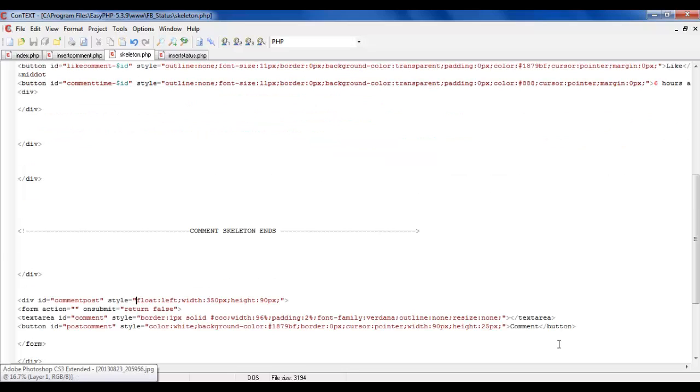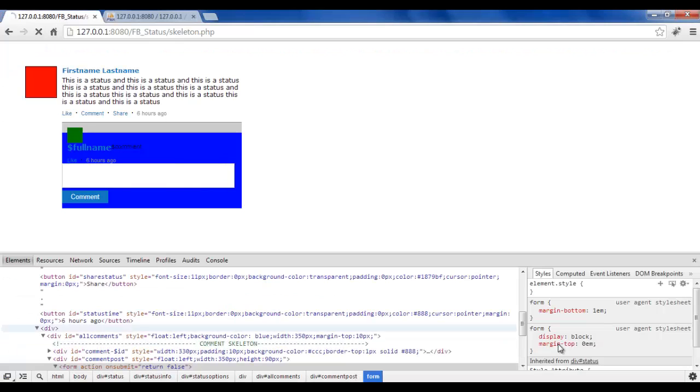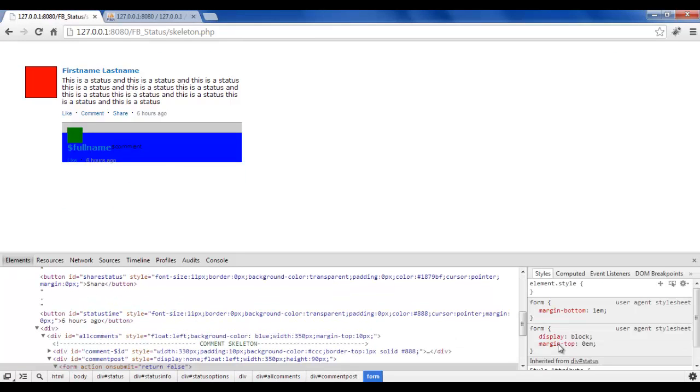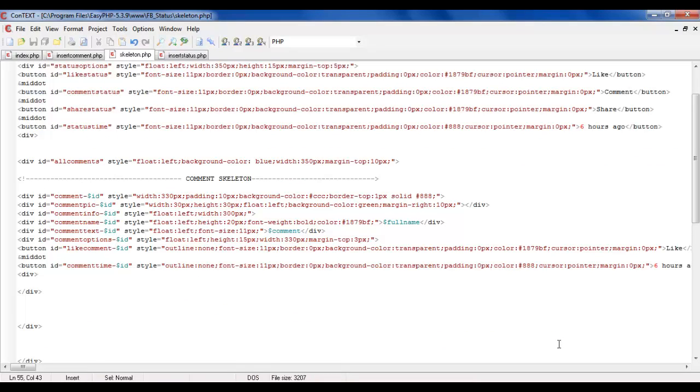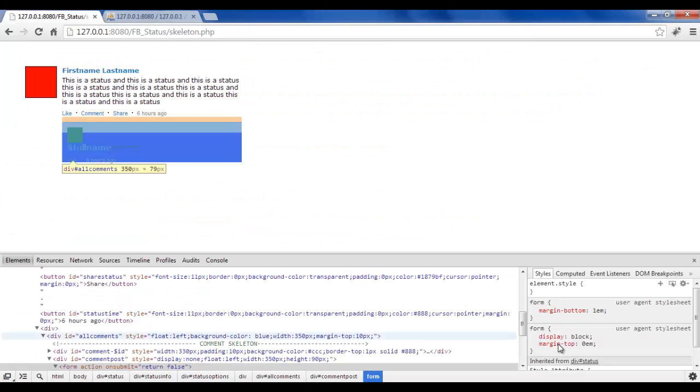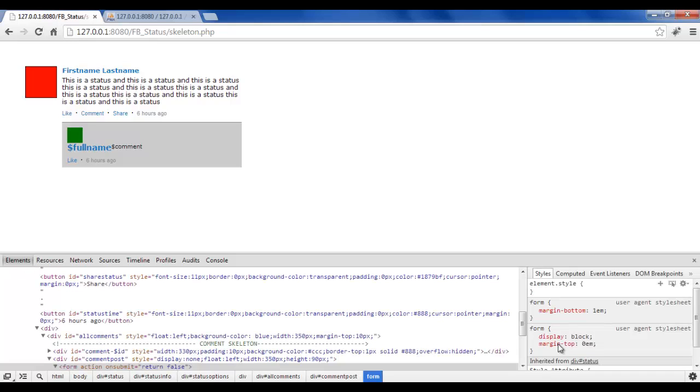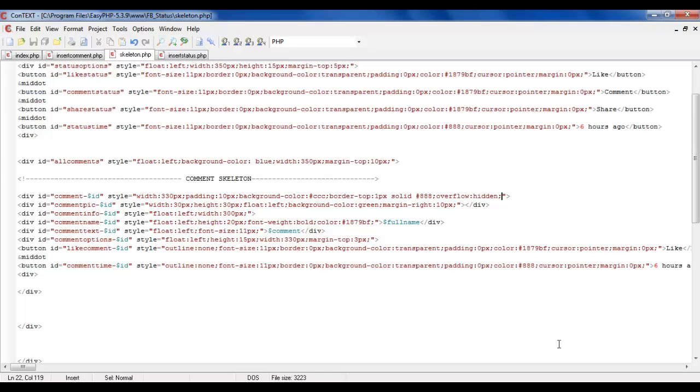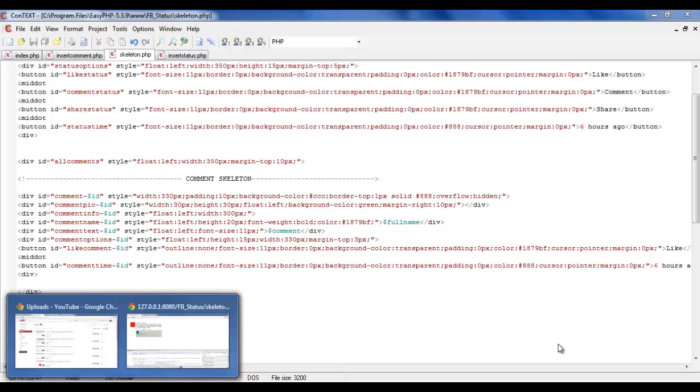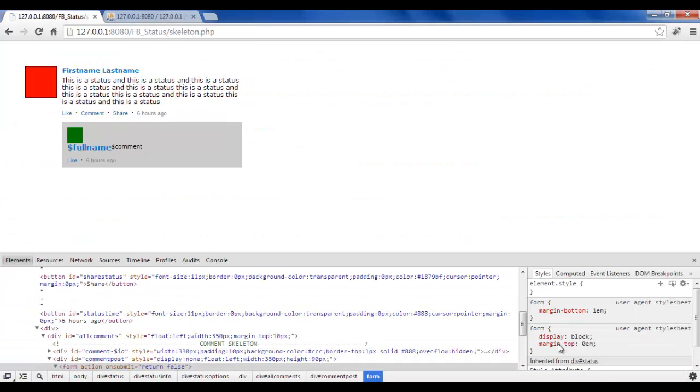Okay, let's just hide that part because we don't need to see the commenting box. Okay. Oh, my bad. We need to give the comment div an overflow hidden because we floated everything on the left side, so that's right there. So that's about that. And all the comments, yeah, so we do need to remove that too, all comment stuff. Okay, so that's the border there on the comment part. Okay, the full name comes here. We don't want that to happen like that, so we'll